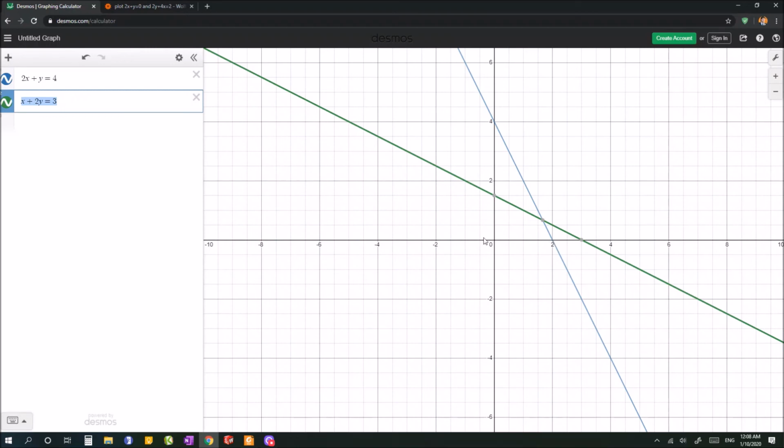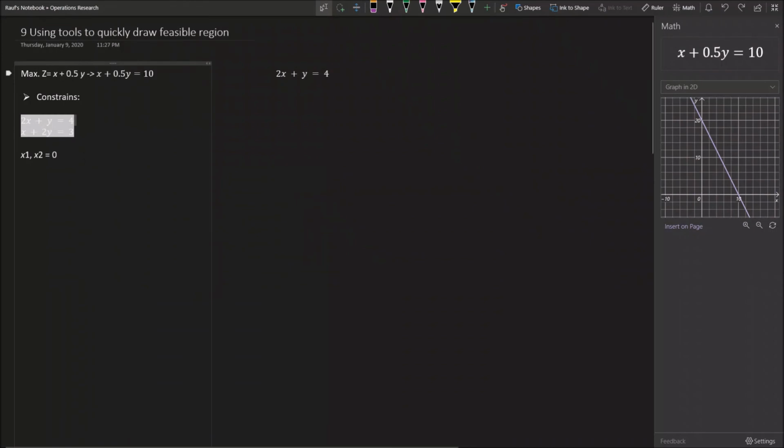Save this point and see what this point is. 2 and 0 obviously. Go here, see this point is 0 and 1.5. Plug them in the z equation and see what's the optimal solution for you. Here we have optimal solution 1.6 and 0.6. Let's go back to our OneNote. So if we plug in here, for the point when you have x 1.6 and y as 0.6, so what the z would be,